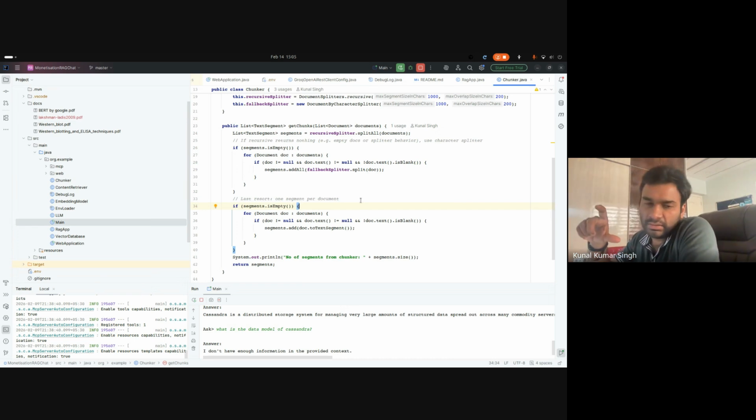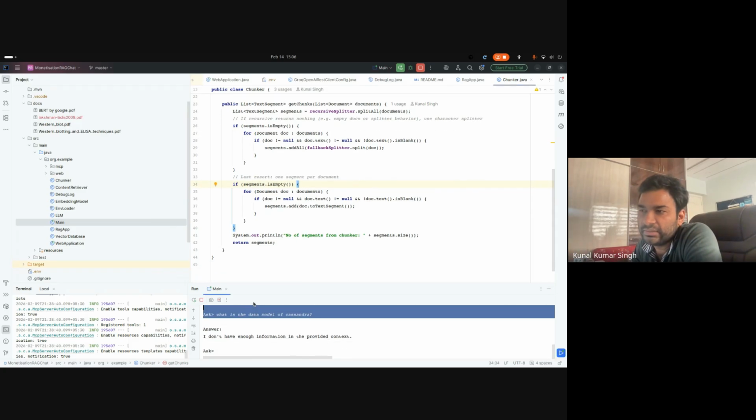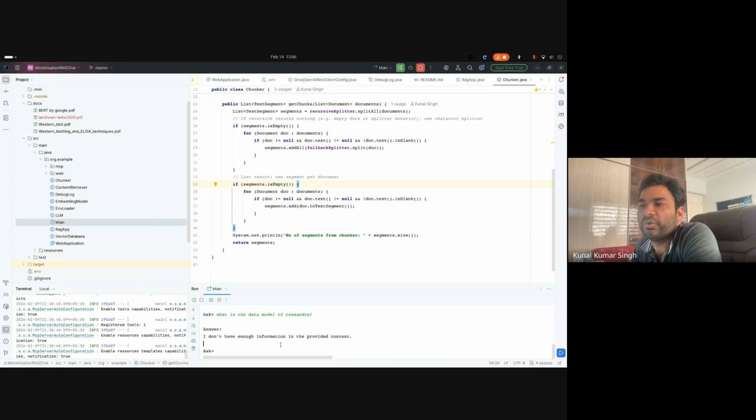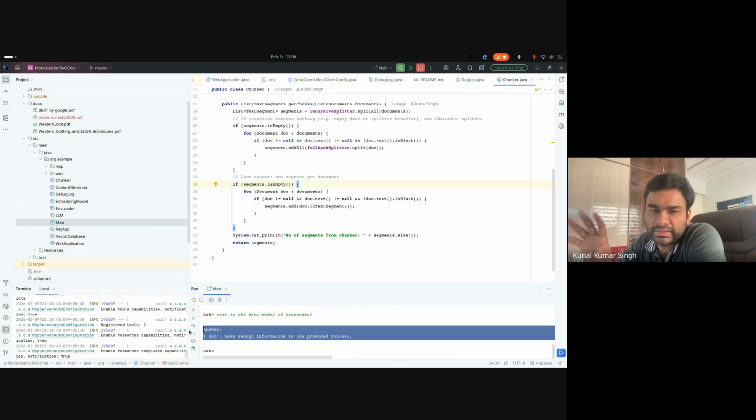But typically, as you are saying, it would be more intelligent to, let's say, divide it into paragraphs, right? And if a paragraph has a pause, you just take that as a chunk. That way, you're trying to represent the knowledge in a very structured way, because a paragraph typically represents one kind of knowledge. So you might get a better output from the questions that you will ask at this stage. Some of the questions you're asking might give you a better response if you have used a better strategy